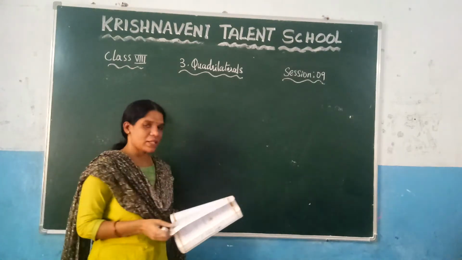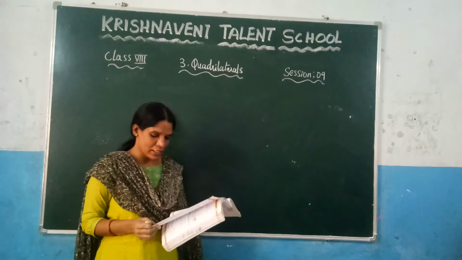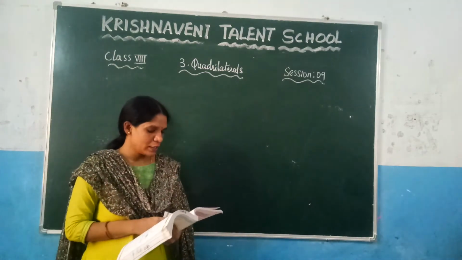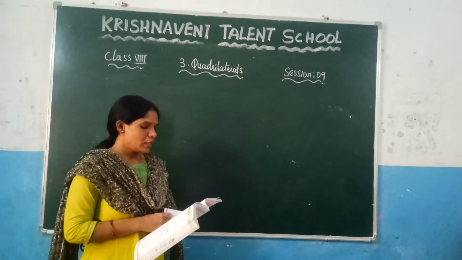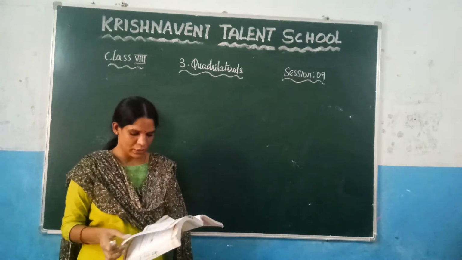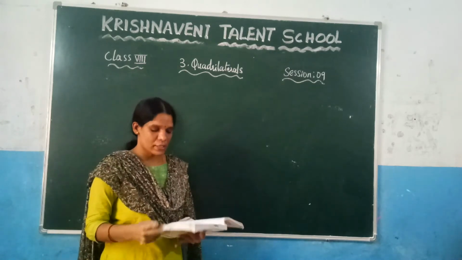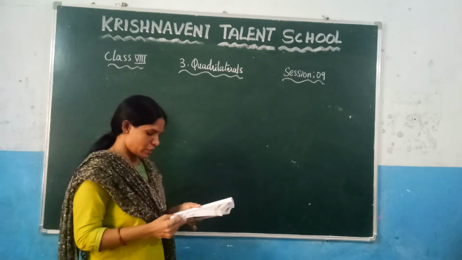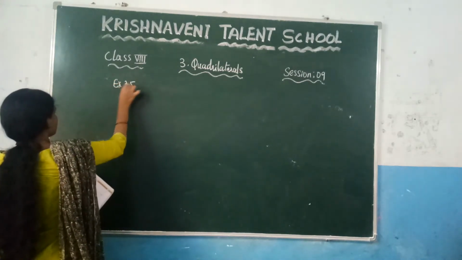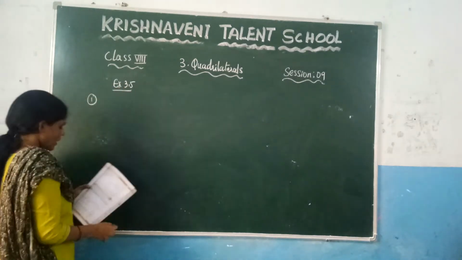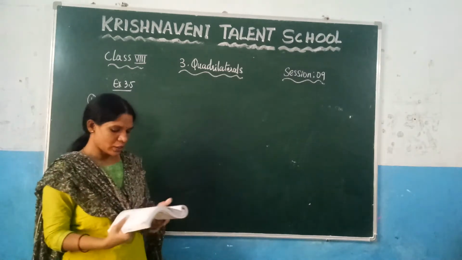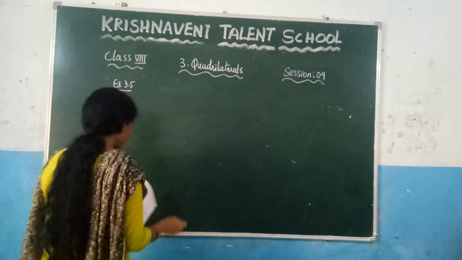So in this exercise we have discussed, if you know 2 adjacent sides and 3 angles, how to construct the quadrilateral. Now in the next exercise we are going to learn, if you know 3 sides and 2 angles, how to draw the quadrilateral. Let's see the first question, exercise 3.5, the first question. And the second question and the third question you can do as homework. Now see the first question here.